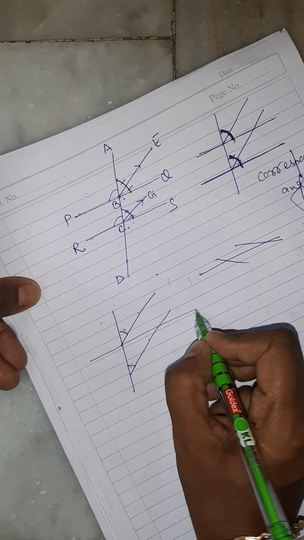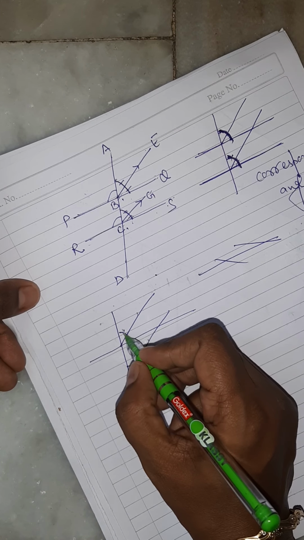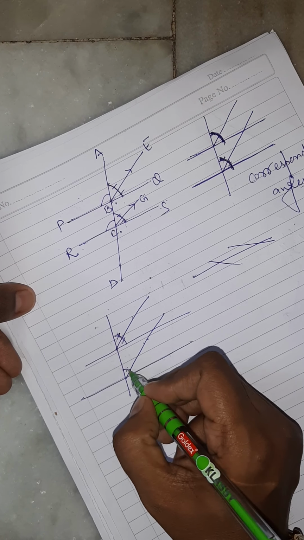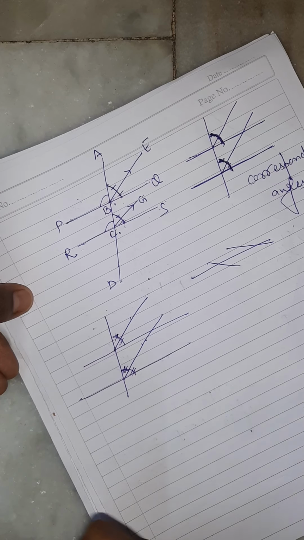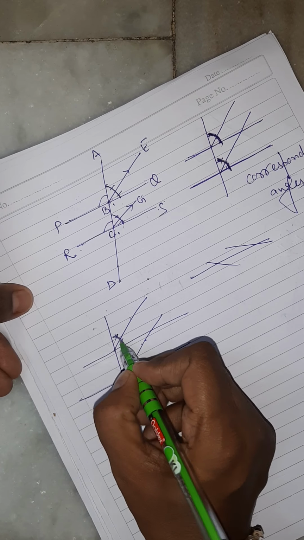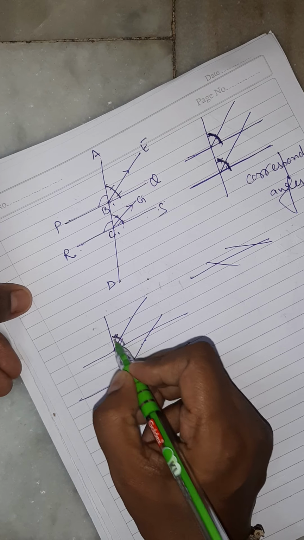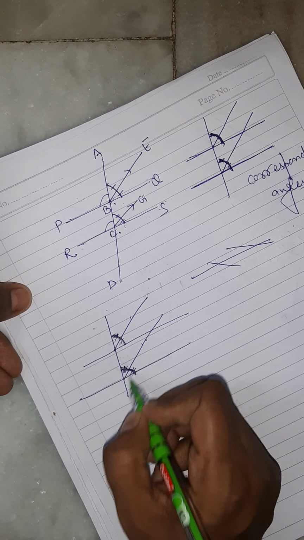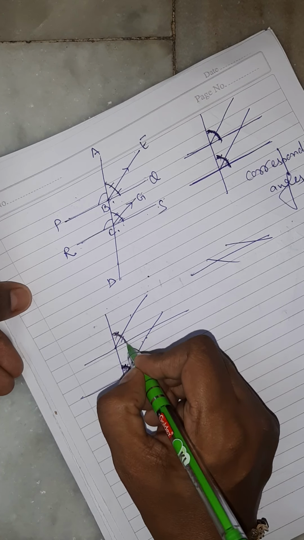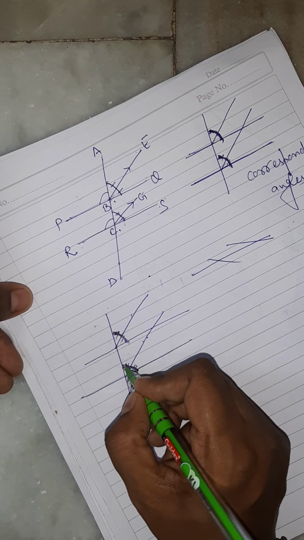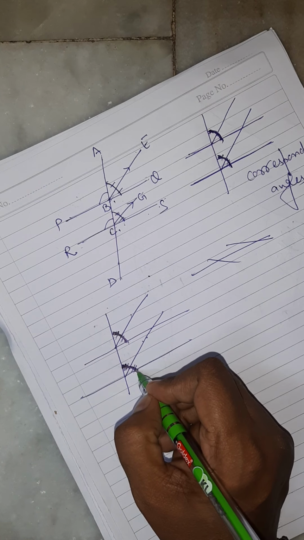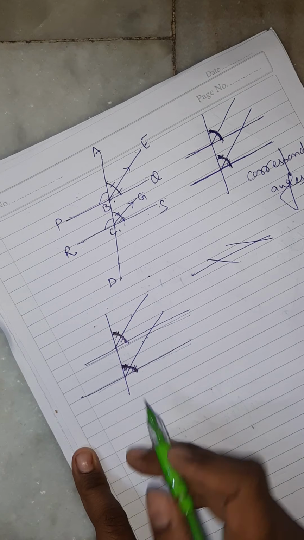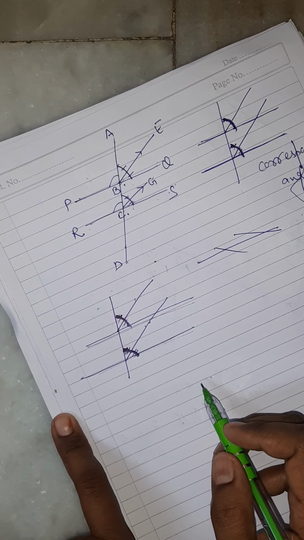Now, in your question, this line is a bisector of this angle. That means these two are equal. Similarly, this is a bisector of this angle. That means these two are equal. So, if we double this angle, can we say this complete? Yes, this complete, because these are the bisectors. And what about these two angles? They are again forming corresponding angles. And when these corresponding angles are equal, we can say that these two lines are parallel. So, same concept we have to apply over here.